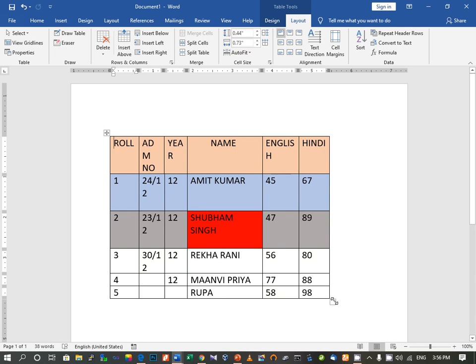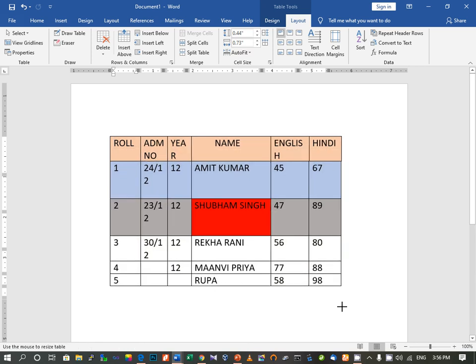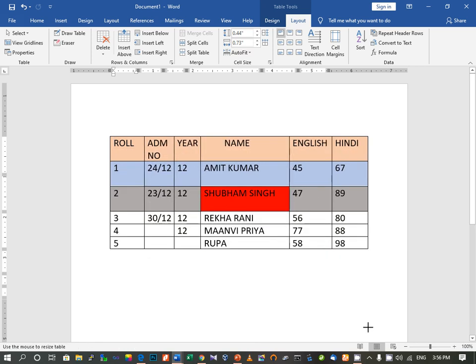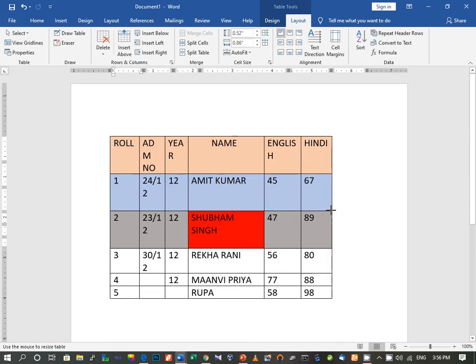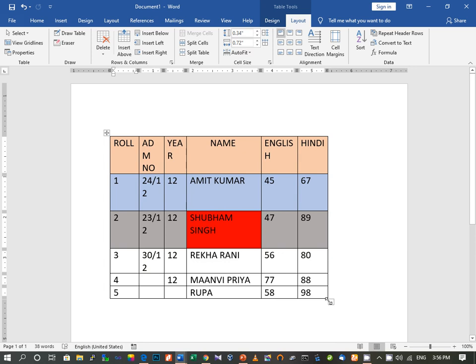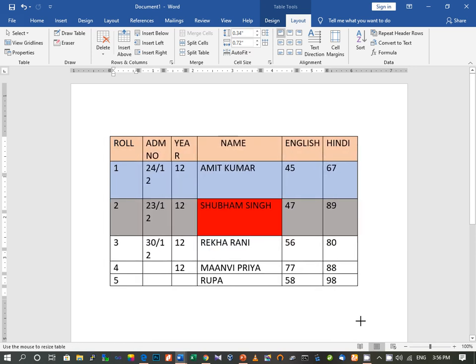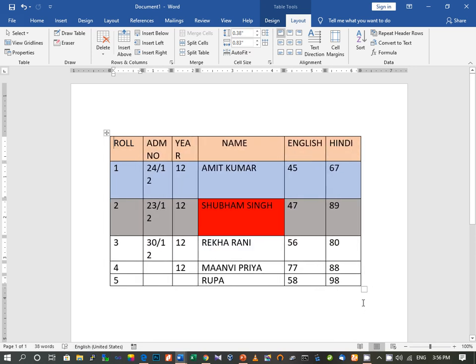And if you drag it outward, your table will become big. So this is the very shortcut method to increase or decrease the size of the table from this table resize handle. And this table move handle can be used to move the table.